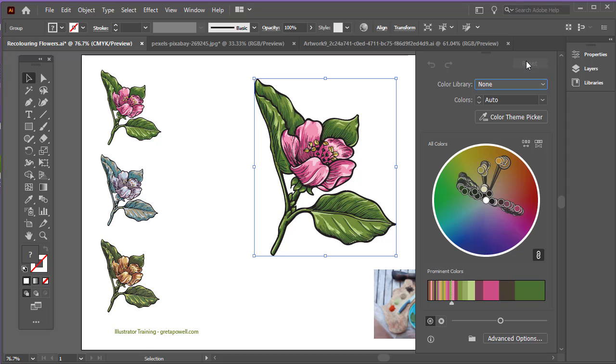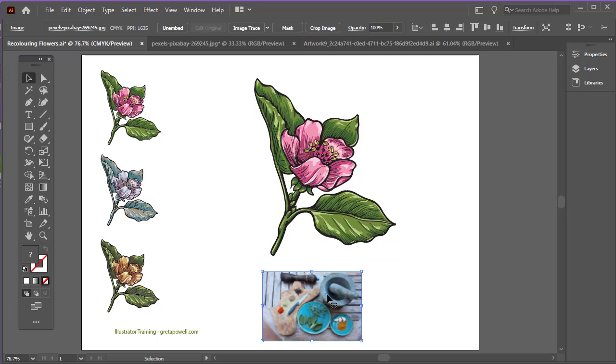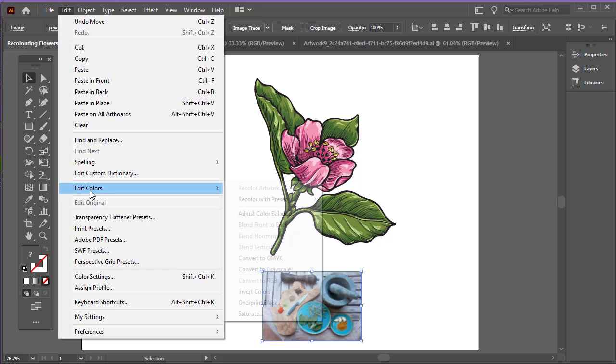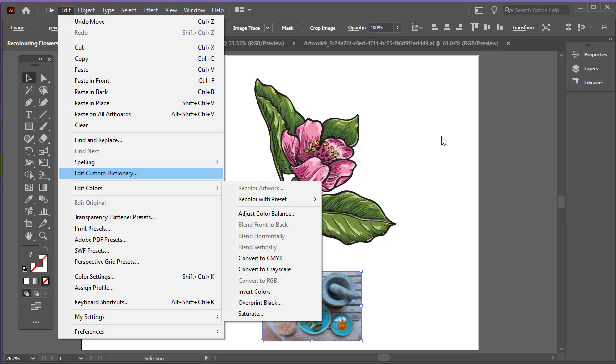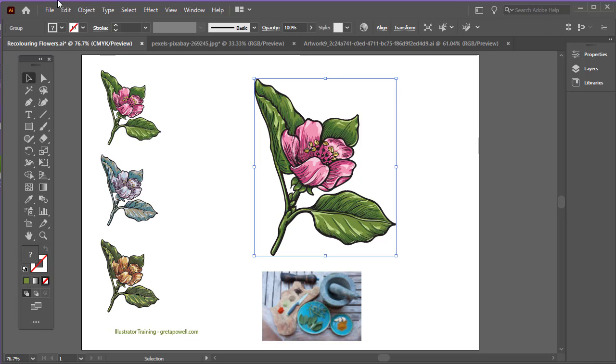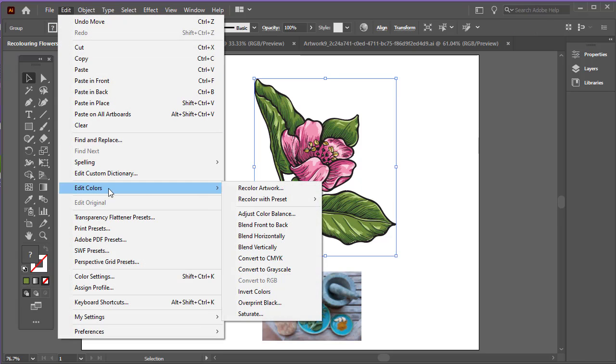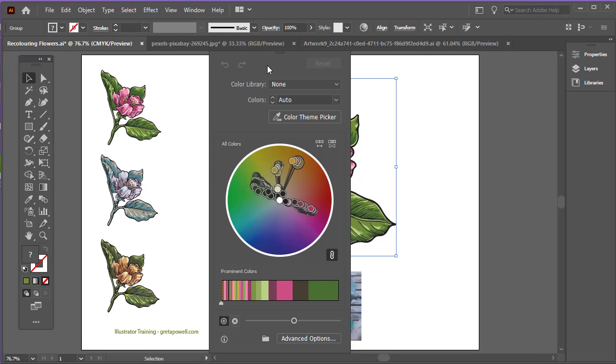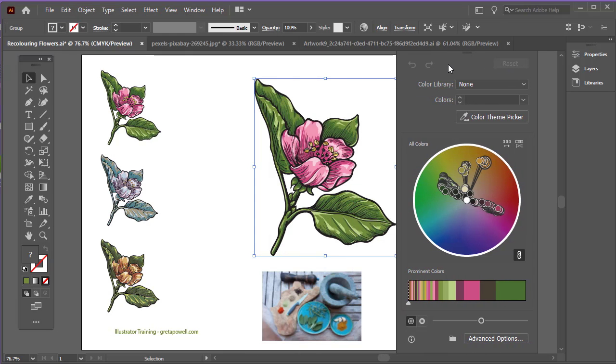We have another very useful tool here as well. This is called the Colour Theme Picker. And over here on my document, you'll see that I've already got an image. So what I want to do is I want to use the colour theme in here to pick up some of these blues because I kind of like these blues. So again, we go back, edit colours. Sorry, need to be clicked onto the flower, edit colours, recolor artwork, and this time we're going to select colour theme picker,